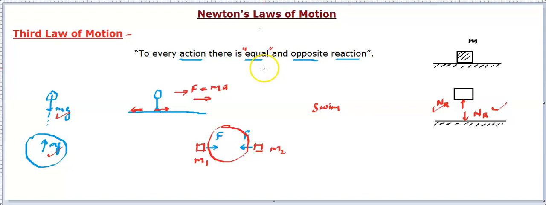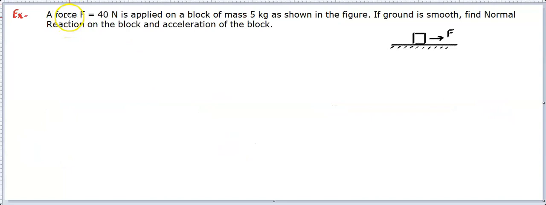So what the strategy to solve the questions will be, let me talk about that point. Okay, so to illustrate it, better would be we take an example. This is one of the simplest examples, but going to be very important in order to understand how we use these Newton's laws and what are the steps. So to understand these steps to solve the problem, we start with a very basic one.